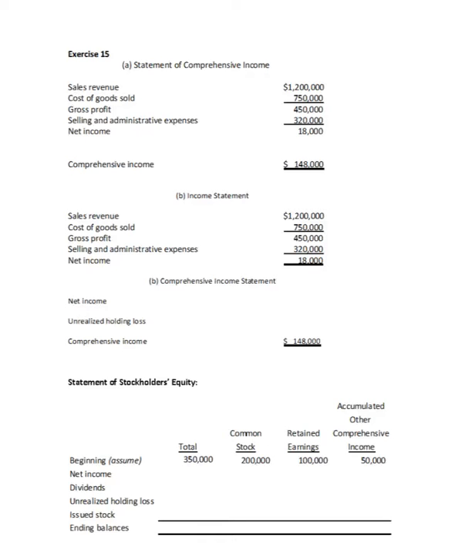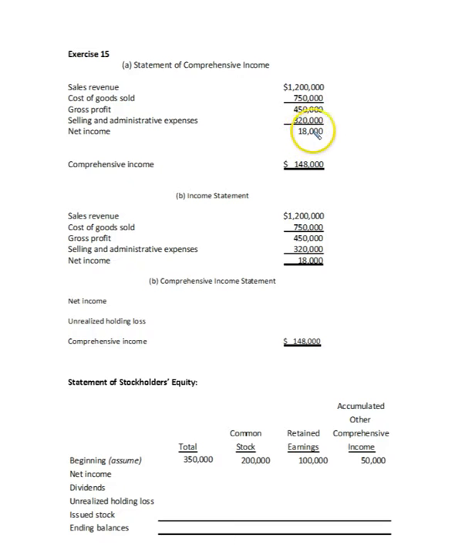Exercise 15 looks at the concept of comprehensive income. And this is really a new concept for us because you wouldn't have seen this in your lower level accounting courses. But it's a common financial statement for most companies. In the narrative, it gives us a lot of information, and it's that we could set up for an income